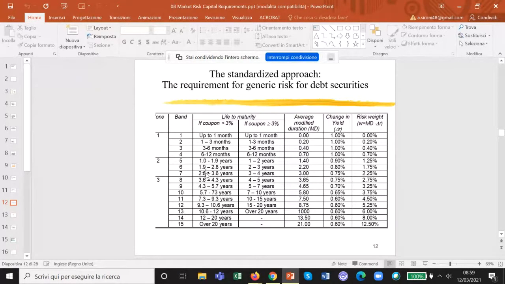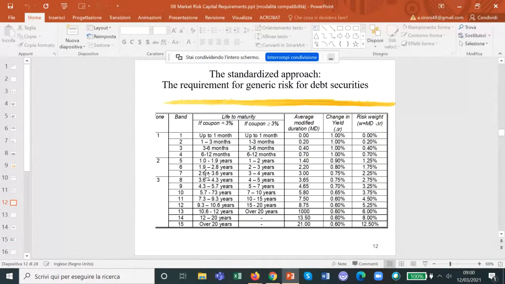The generic risk for debt securities, the system is very similar to the one we saw for interest rate risk in the banking book, i.e. the bank has to basically include its interest rate positions, be it bonds, interest rate swaps, interest rate futures, whatever,